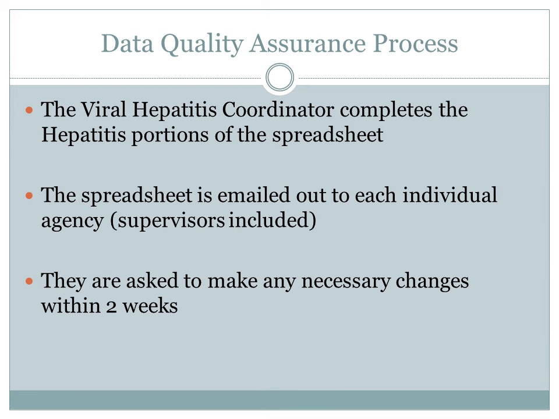Then we ask them to make any necessary changes within two weeks. Since we've been doing this for several years now, the data issues and discrepancies tend to be lower, because agencies, when they're having to correct mistakes several times, tend to make that mistake fewer times in the future. So we don't have too many errors now, but if there are, we ask them to correct them within a couple weeks or so.